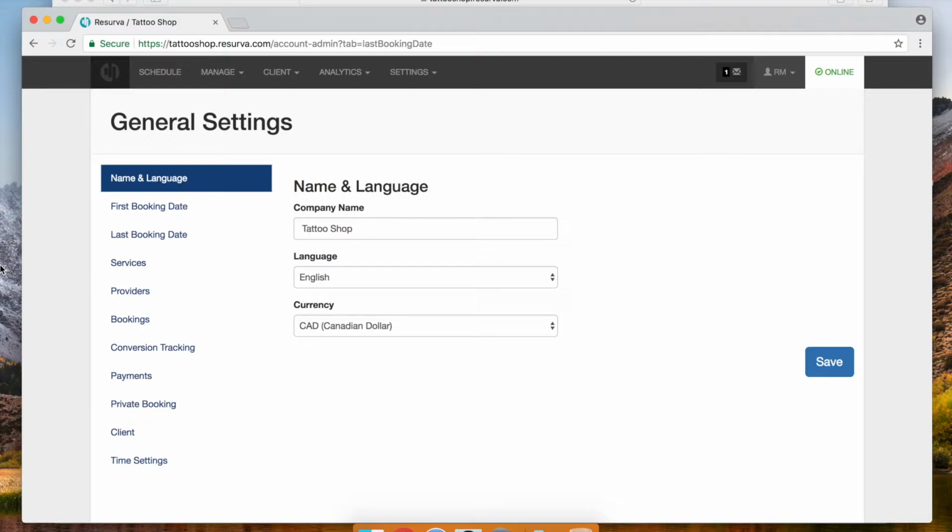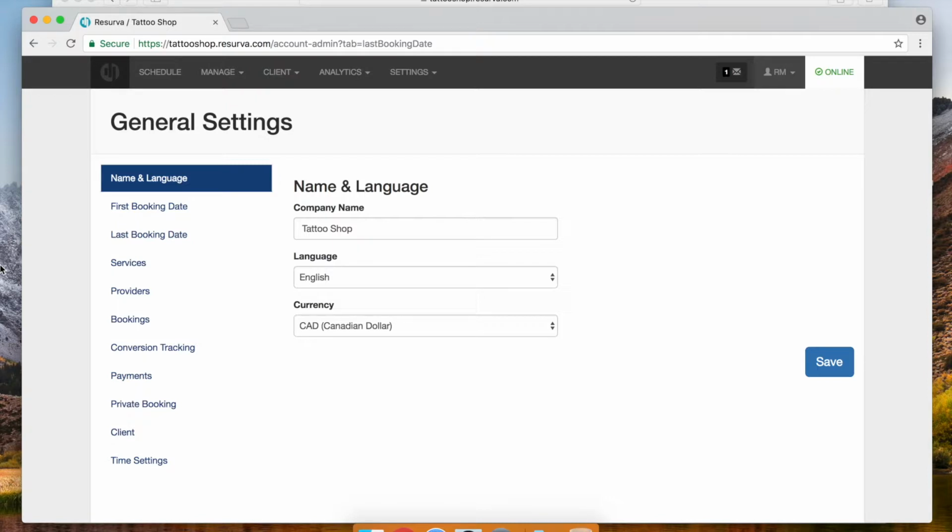So if somebody is leaving for a couple weeks for vacation or to do a guest spot somewhere else, you can mark them off, and the minimal amount of customers will be affected if they've been booked out